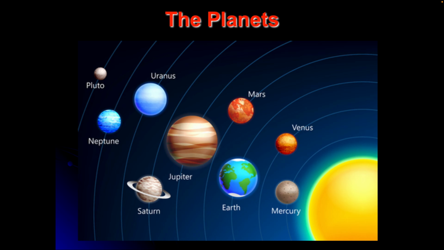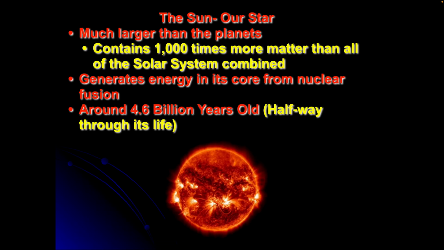Now, this picture is not the best picture for an astronomy class. I like it. It gets the point across, but it's really not doing it justice in terms of the size of the planets nor the distance from the sun. But we can get the gist of it: there are our four inner planets, Mercury, Venus, Earth, and Mars, and our four gas giants, Jupiter, Saturn, Uranus, and Neptune. The sun, our star, is much larger than the planets.